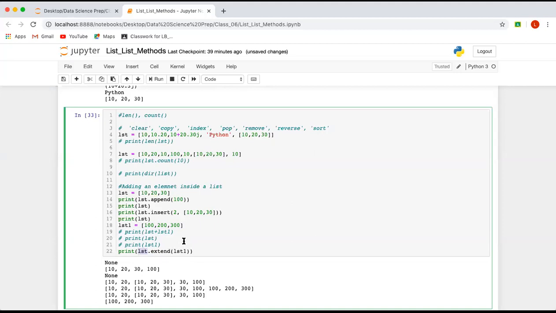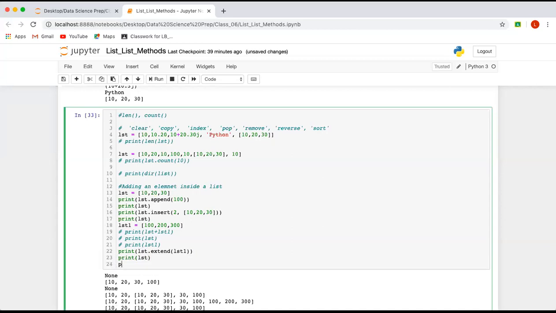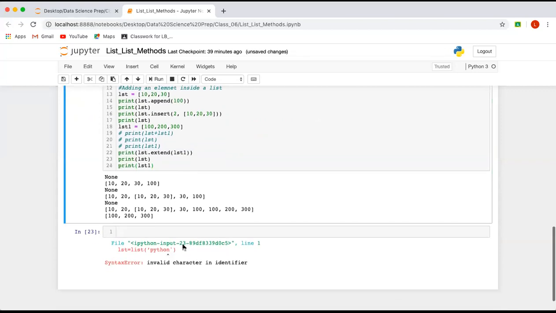All the elements of lst1 will get appended into lst. So if you check lst, it will be updated with all the elements of lst1, but lst1 will be as it is, not changed. You can see lst is updated with lst1, and lst1 is without any update. I hope it is clear.